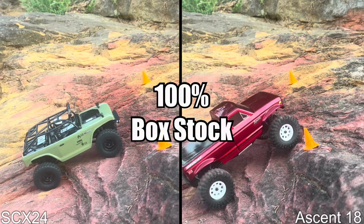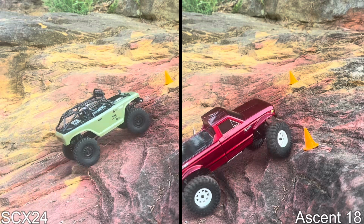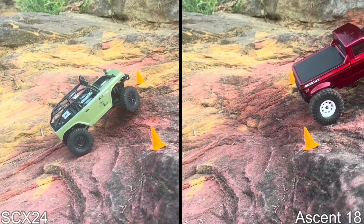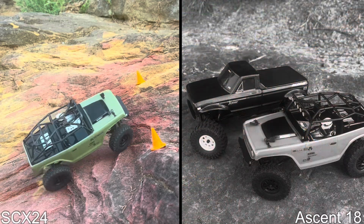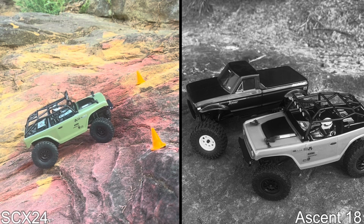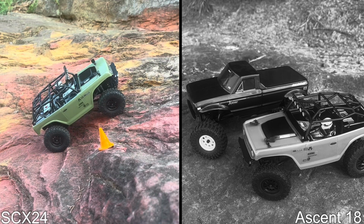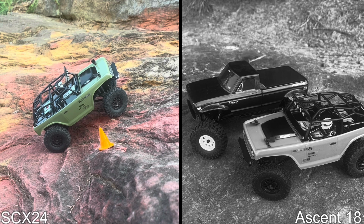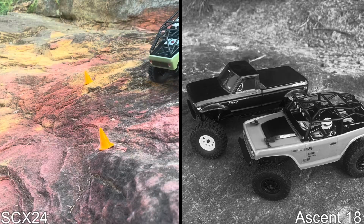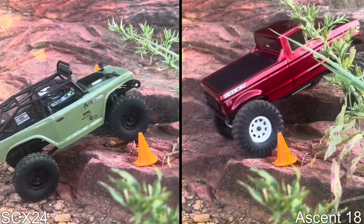Here that I have two box stock brand new RC trucks at the same time, so I thought I'd take advantage of that. Do a head-to-head comparison. On the left is the Axial SCX24 Deadbolt, and on the right is the Redcat Ascent 18. I'm trying to run them on the same lines as much as possible so you can get a good look